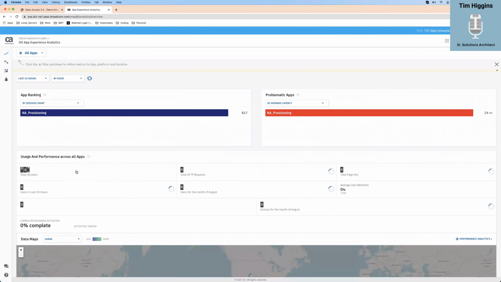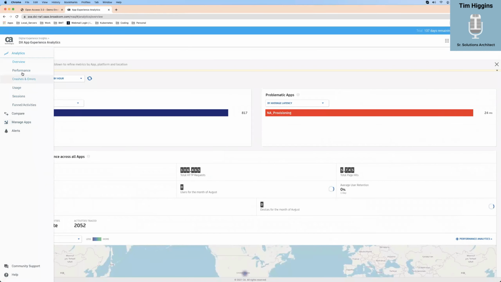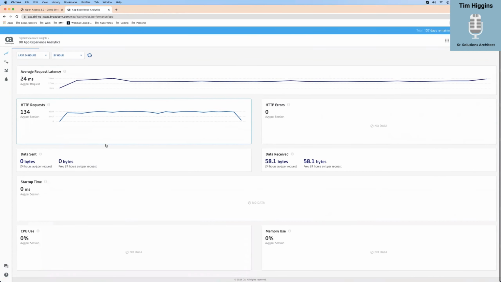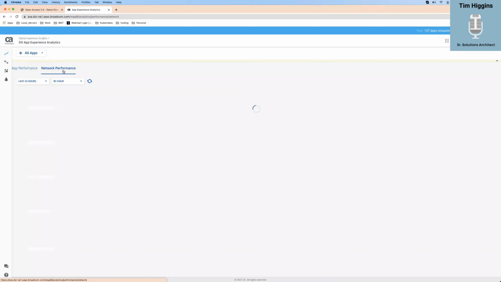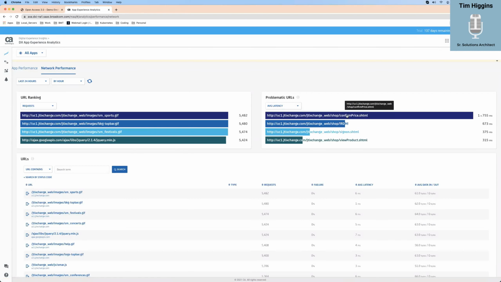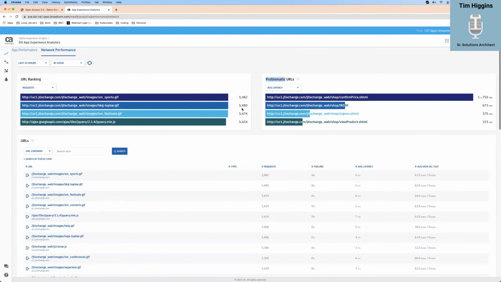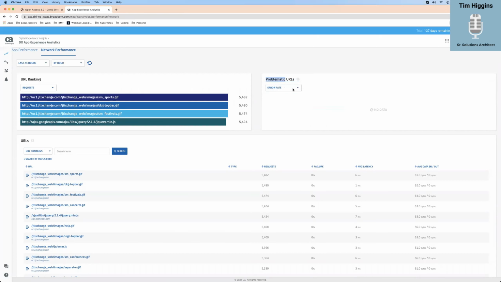Because what I mainly want you to realize is what you're looking at here, everything can feed through over here to the navigation pane. So if I click on performance, again, this is pretty nice. I can click on network performance, and depending on what networking devices you have, right? So if you have other things, they all can play a part in this. Let's go ahead and change this. For an example, I can see my confirmed price is, you know, it takes the longest. So these are problematic URLs that could be causing a problem. Again, we're going to come back to that whenever we look at debugging, which is going to be in just a few seconds.